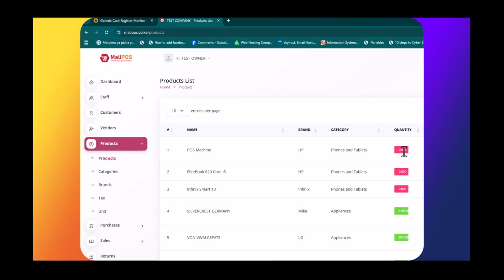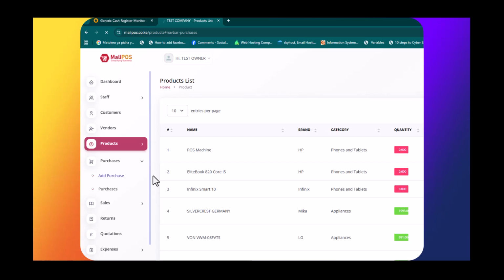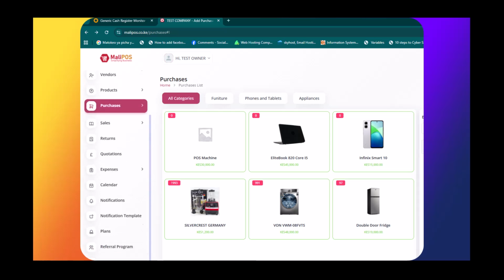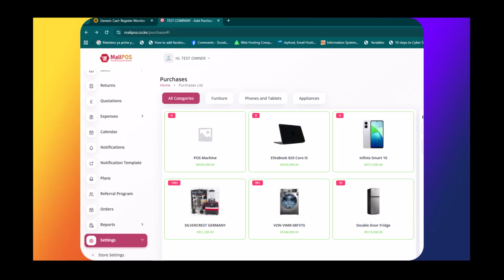So when we need to add stock, we'll go to purchases now, because it simply means you are purchasing from a vendor. So that's why we've labeled this as purchase. So if we need to add a stock, we'll click here, add purchase. So for the cash register and branch, you can set them right here on setting. Then you can click on branch